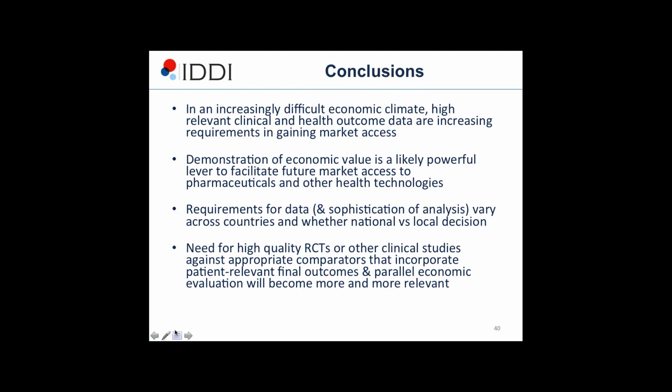But what I think is clear in the middle of all of this is that when we design randomized control trials, we need to think about what the HTA requirements are. At least two parts of that are thinking very carefully about the comparator, making sure that we incorporate patient-relevant outcomes, particularly quality of life, and then last but not least, incorporating a parallel economic evaluation where we look at healthcare utilisation to inform the cost-effectiveness debate.